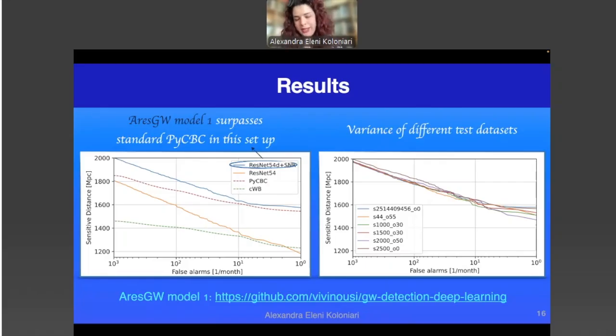However, any time we do an evaluation on a small dataset, here we have a dataset that has 1 month duration, which is small, we also need to present the variance across different test datasets of the same duration. Because as you can see, there might be a variance. Here we see that the variance is actually very small. So we're good. However, that starts again creating questions.